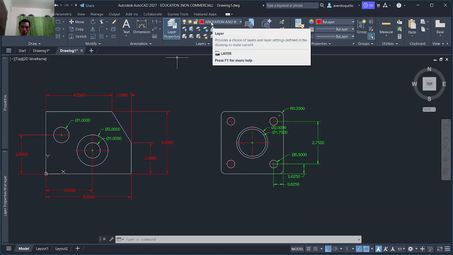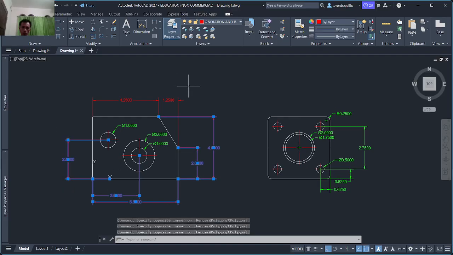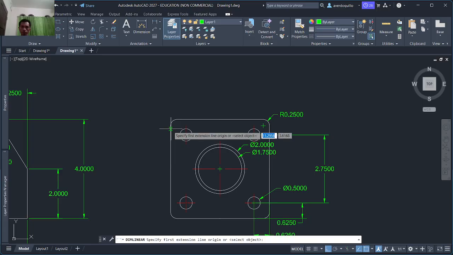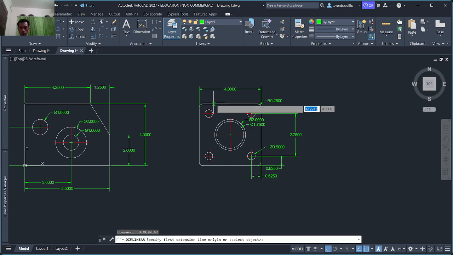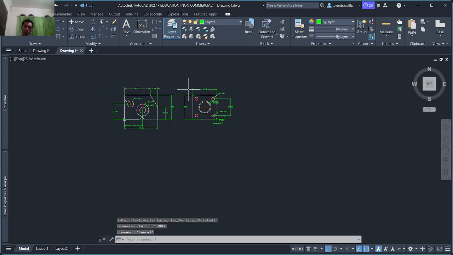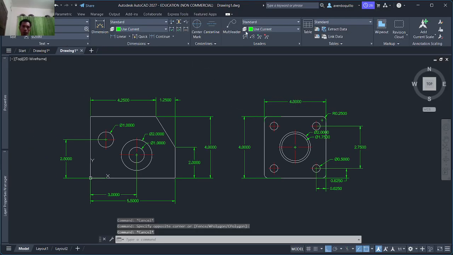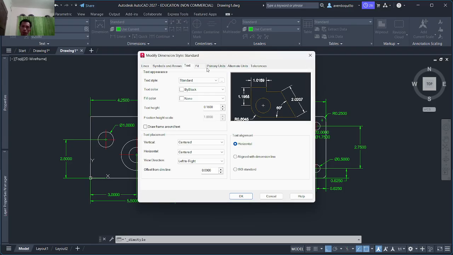Boom. Okay, and then annotate, modify the position, primary units.